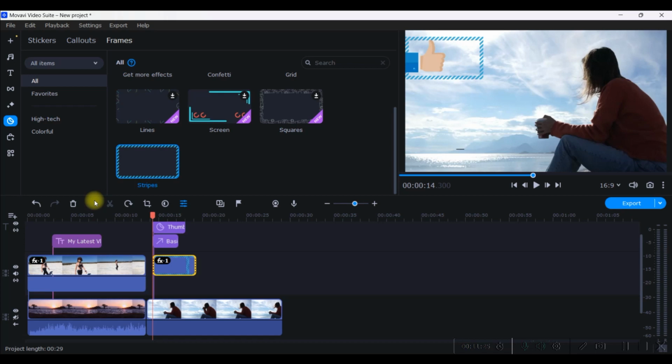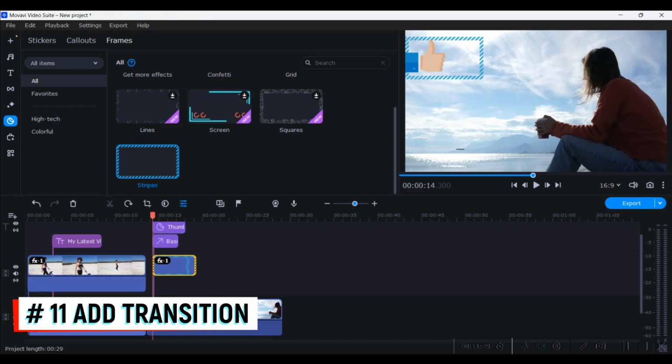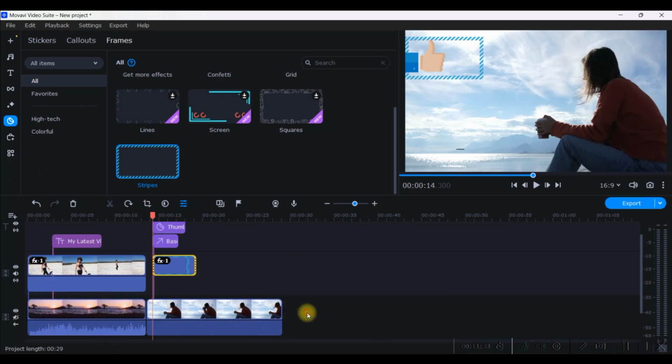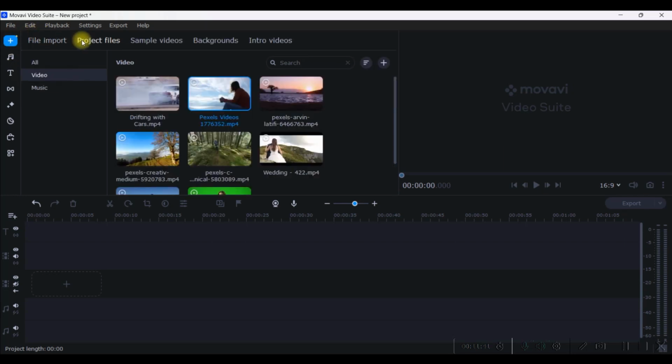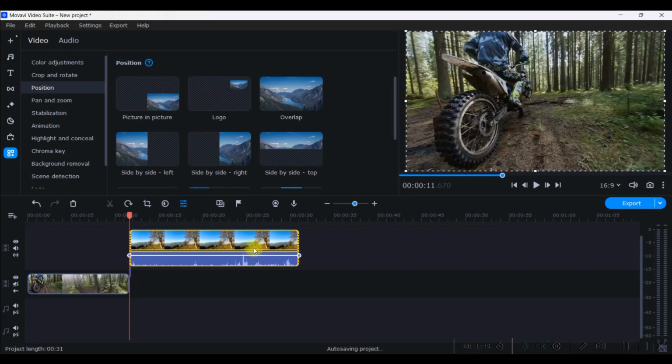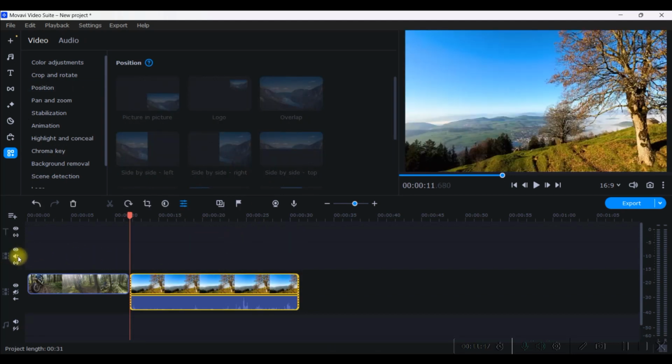Let's move ahead to the transition part next. How to add a transition and why to add a transition. Let's see. Transitions are obvious things which you need to use in order to create videos for YouTube or any video, so to say. So let me first drag a couple of pictures. Let's suppose I'm taking this one, right? So I have two pictures. I'll just right click on this video track and delete it.